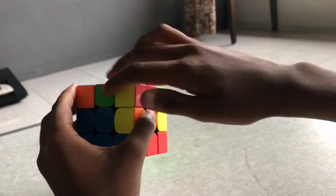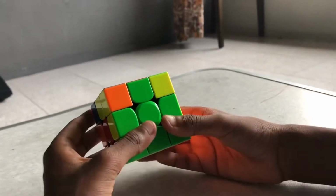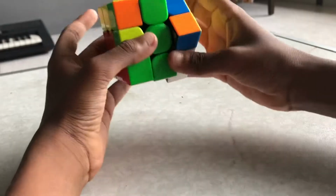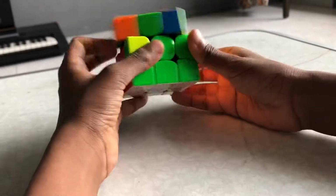So it's green red. So I need to align it as green. If I align it as red, it won't work. Align this with green and I'll face it here. We're going to do the algorithm. And why are we going to do the algorithm is because if I do it this way, it's basically going to mix up these two. So I'm going to do it this way so it doesn't mix up these two. So the algorithm is basically